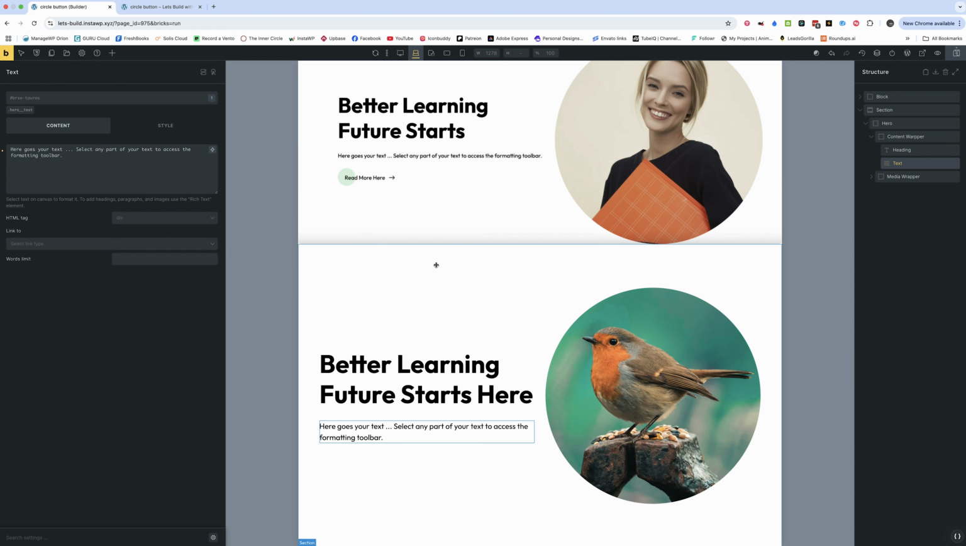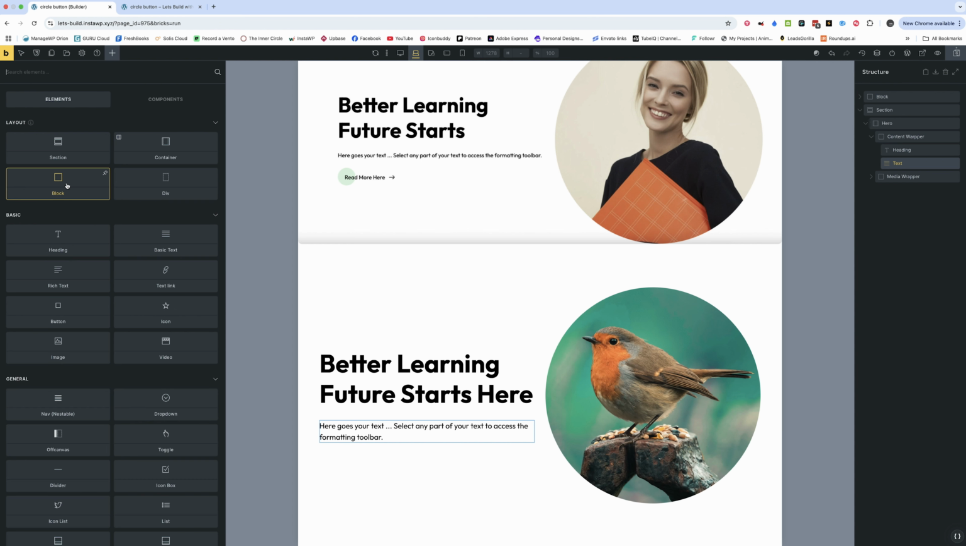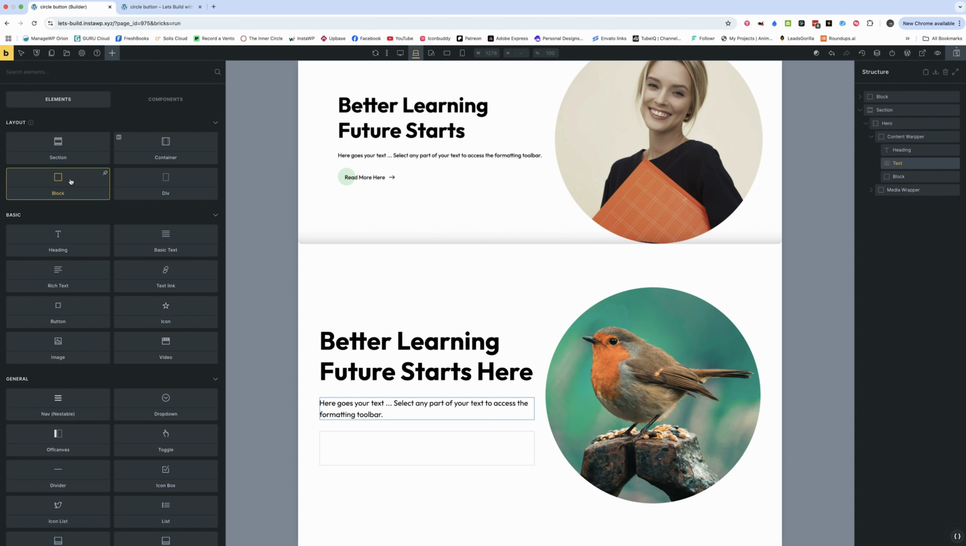So to save a lot of time, I've quickly built out a section with heading, text, and an image on the right, and I'm going to drop the button in here. Now I think what I'm going to need to do is put it into a block, basically because of the little arrow there. So, and I think what we'll need in that block is a text link,